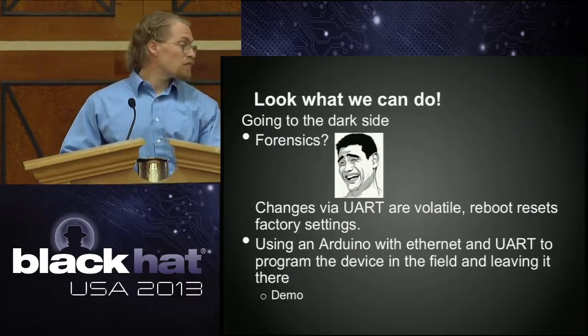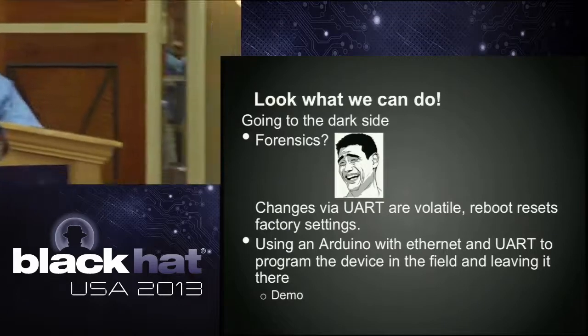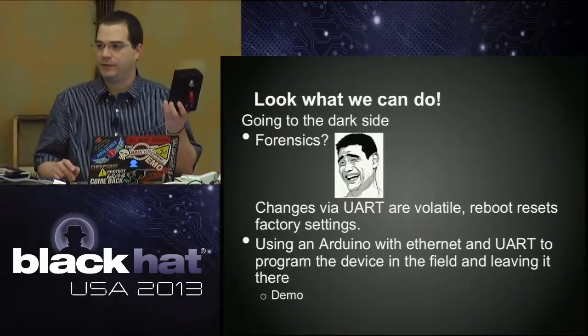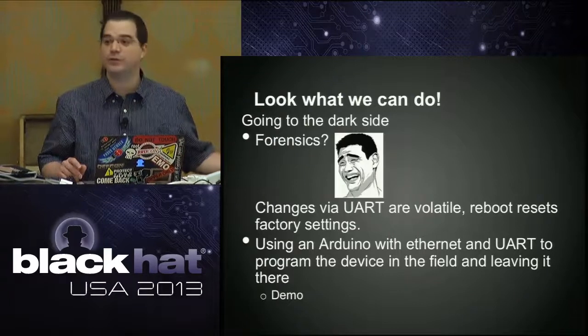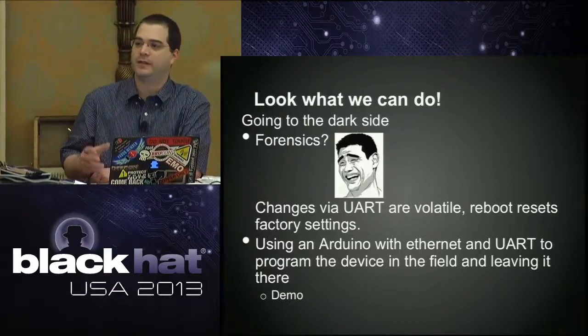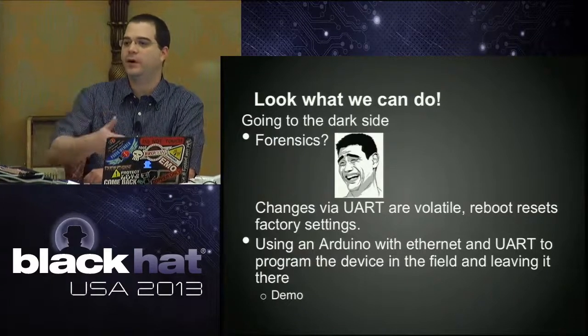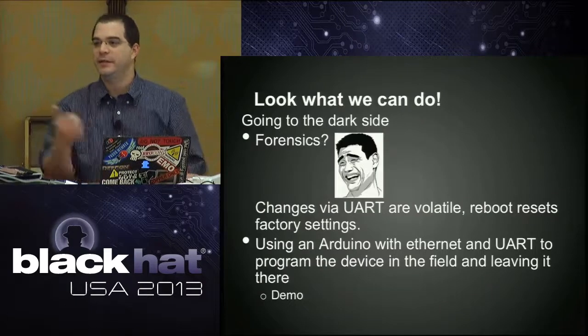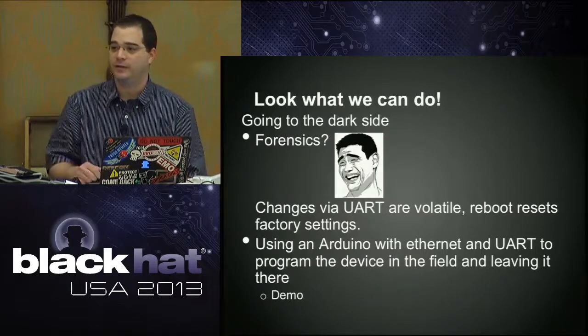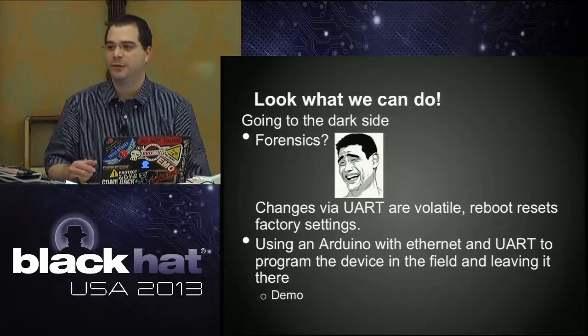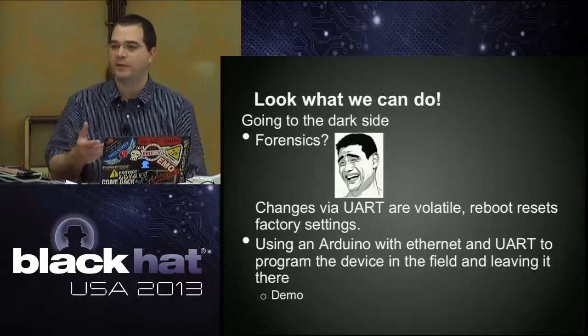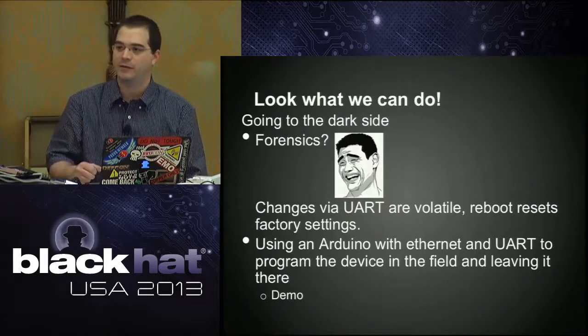The two Arduinos in this box. One is an Ethernet Arduino shield, which we use to serve files. So it acts as a web client, and through UART, we're telling the embedded system to wget or snarf the files from that client, and you can put whatever we want on it. At first, we wanted to put Rickroll, but it was too big for the embedded system.